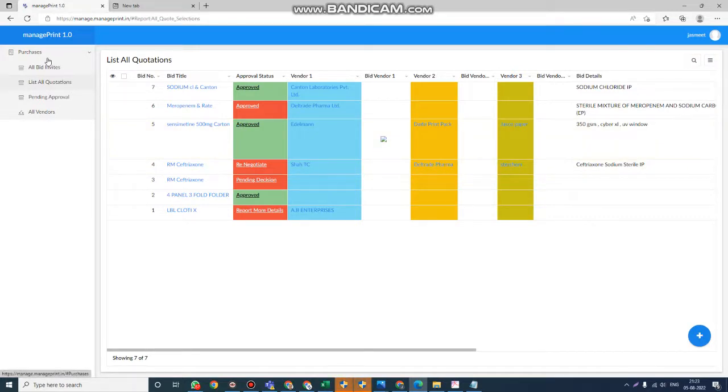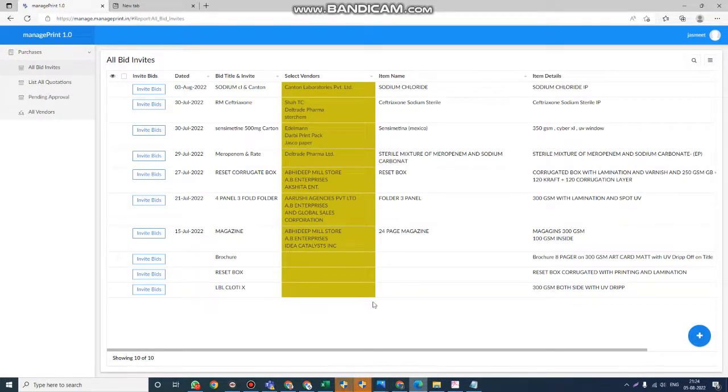So here we are in purchases, and we just have these four sub-menu items. That is all bid invites. Let me just click over here, and we already have about 10 bids dummy created over here. And if you want to create a bid, all you need to do is, you see this plus at the